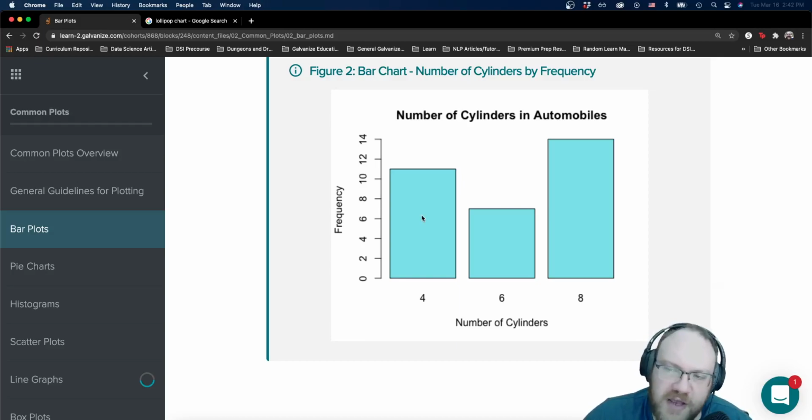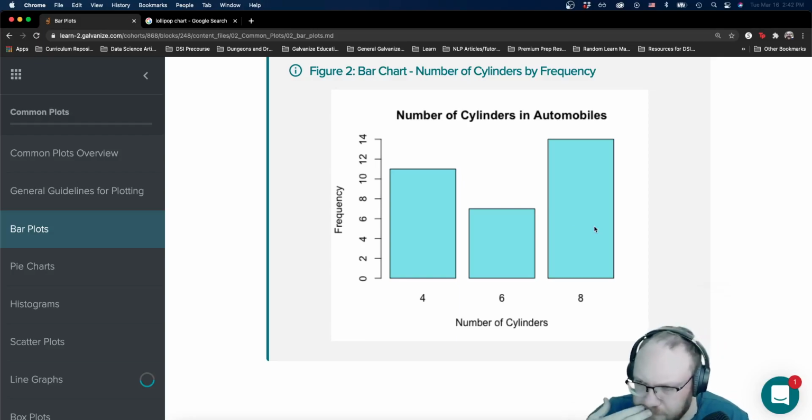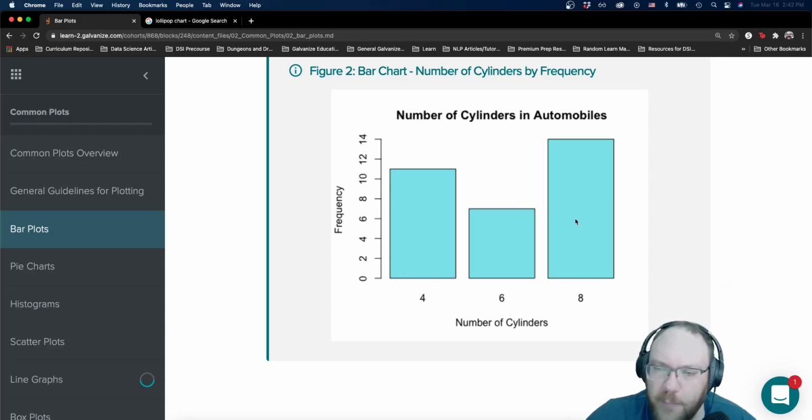How many of those have 4 cylinders? How many have 6? How many have 8? I could put this in a pie chart, and it would be a reasonably good way of displaying this data, right? But you'll typically see people opt for the bar chart in place of the pie chart because the pie chart has gone out of fashion,